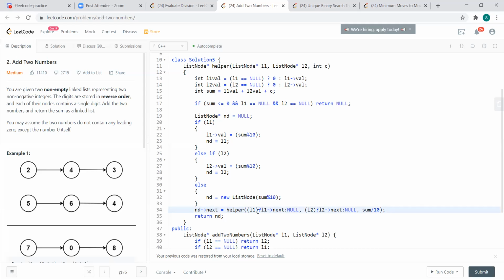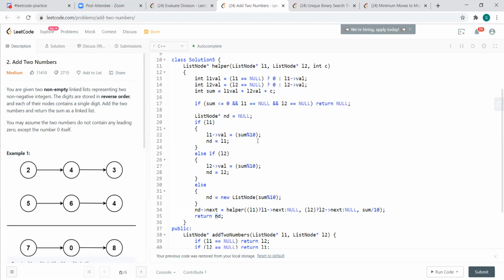So I just want to move L1 and L2, and at the same time send only the carry part of my sum to the next recursion call. That will take care of the next two nodes of those two linked lists. So at the end, I will return my end node.